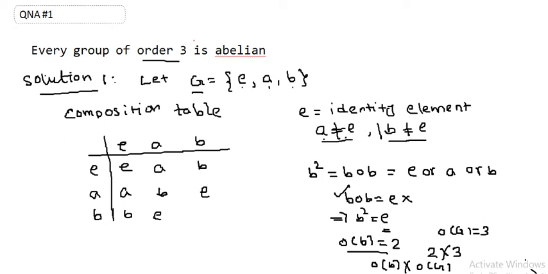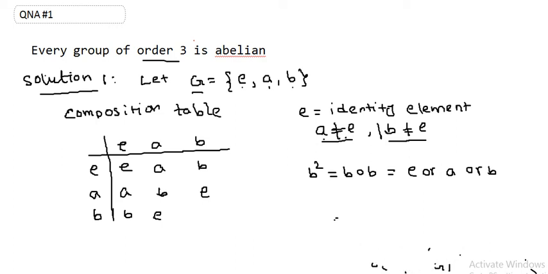So next, let's talk about the other possibilities. What is going to happen if I take B square, or B compose with B, equals B? Again we use the cancellation. We can cancel B from both sides. We get B equals E, which is again not true because B is not equal to E. You can see from here, the only possibility left for us is that B compose with B is A. So you can see that this is our total composition table.